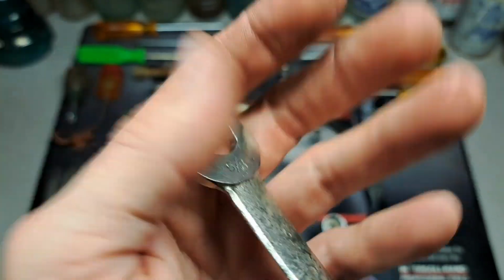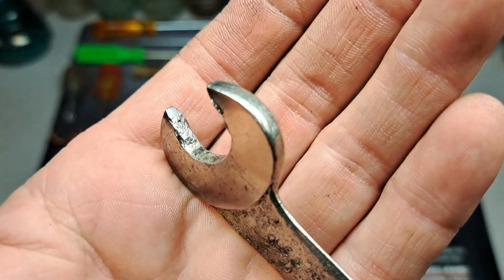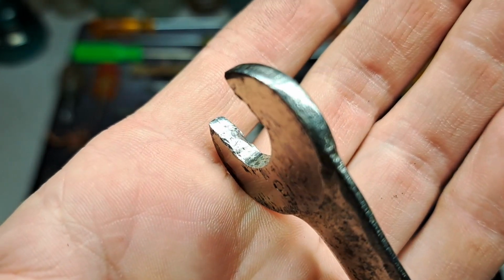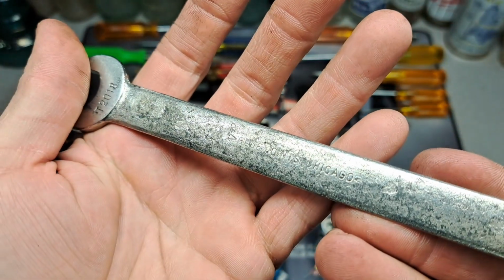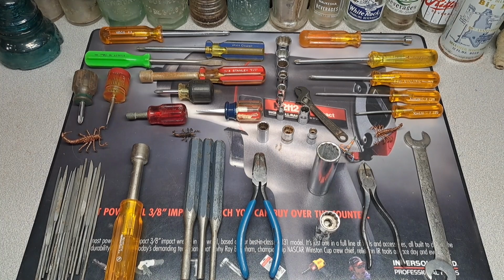5/8 isn't that bad, but the 9/16 is, yeah, it's rough to say the least. So yeah, I just figured I'd have to grab it and put it in my collection. So enough of that. All right, let's get to the wrap up here and see if we have any holes